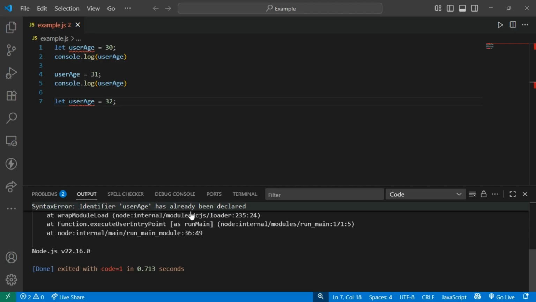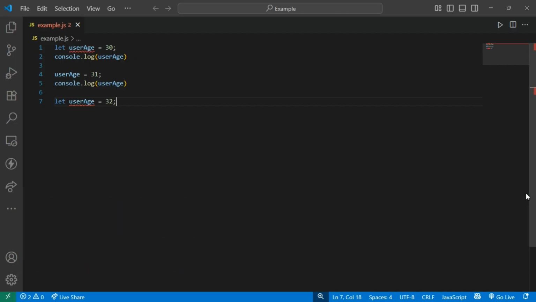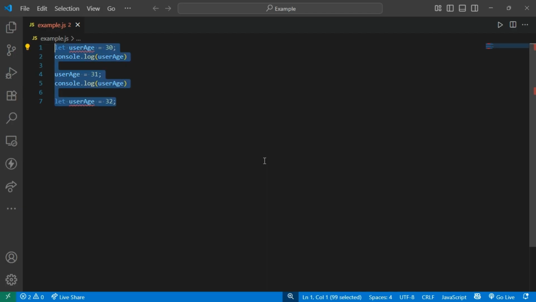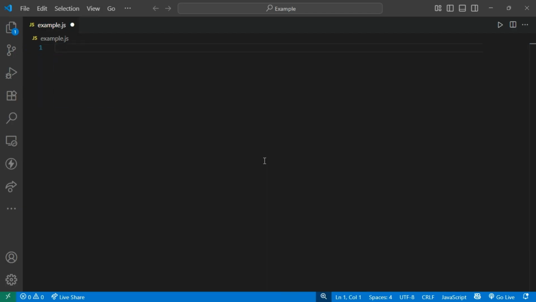User age has already been declared. So the let variable does not allow redeclaring. However, reassigning is allowed. The let variable is also block scoped. So if we look at the similar example we had earlier,